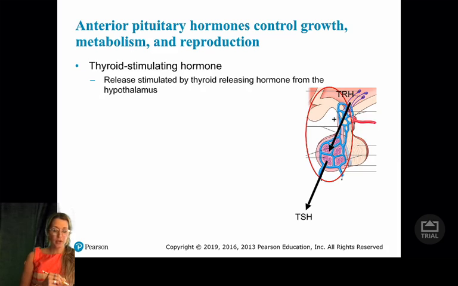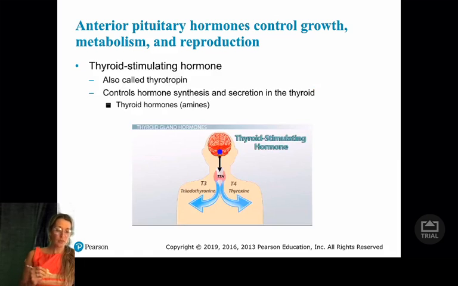Thyroid stimulating hormone, what do you think it does? Stimulates the thyroid. And the way it gets released is thyroid releasing hormone. So I hope this is like, oh, well, that's easy. Thyroid releasing hormone causes the release of thyroid stimulating hormone, and thyroid stimulating hormone does what? Stimulates the thyroid. Thyroid stimulating hormone is also called thyrotropin, and it controls hormone synthesis and secretion in the